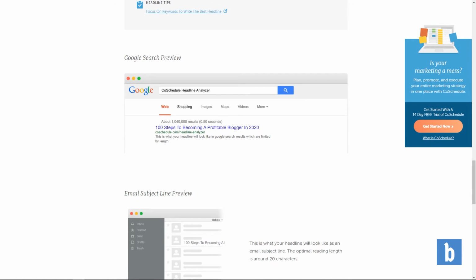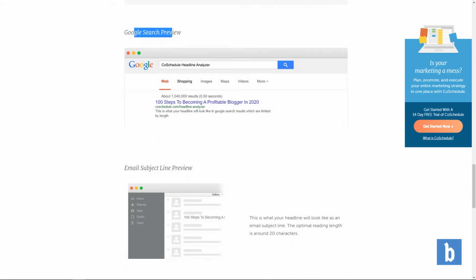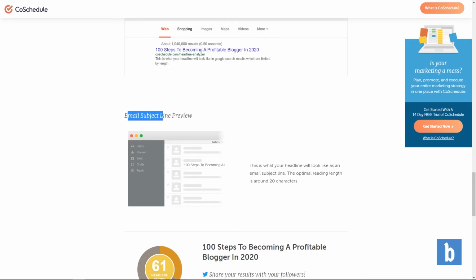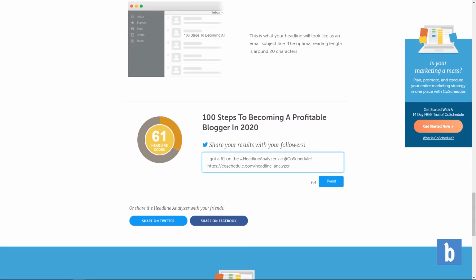And then we can see what it will look like on Google search results, which is a very awesome little tool it has just here. So before actually making the page, you can see what it's going to look like with the particular heading. And the last thing it shows us is a preview for an email subject line using the headline that we are analyzing. So then we'll get a final score for the headline, which is 61, which is all right, but